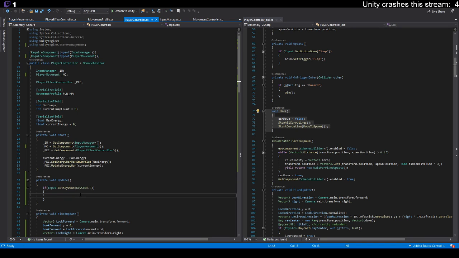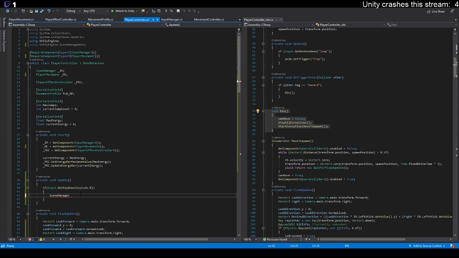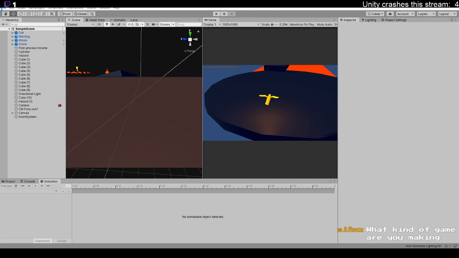Alright, so keycode.r. Let's see if I can remember how to do this. Scene manager dot load scene 0, I think. And then all we're gonna have to do just to make that work is add